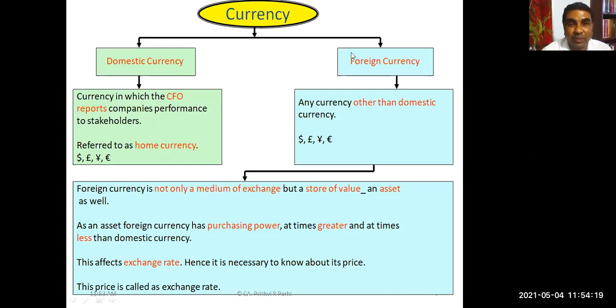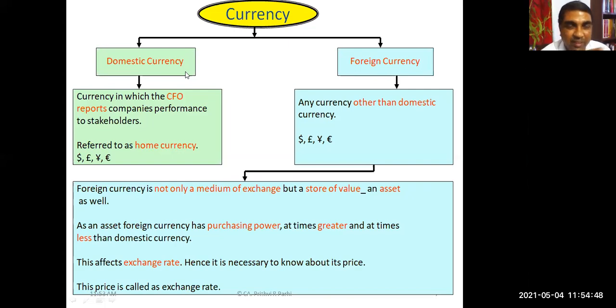First I'm showing you this chart. As you can see here, currency can be of two types. Can you read it here? What I'm talking about? How can I say currencies are of two types? Can you read it out? Domestic currency and foreign currency. Very good. It can be domestic currency and foreign currency. We understand the meaning of domestic currency and foreign currency.